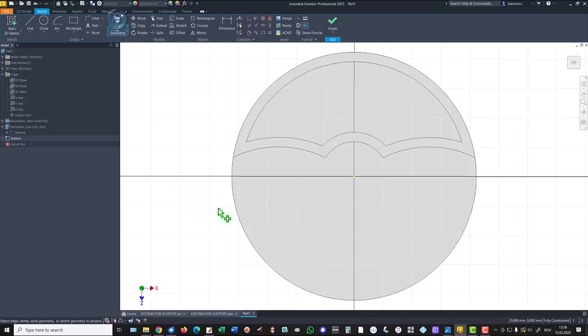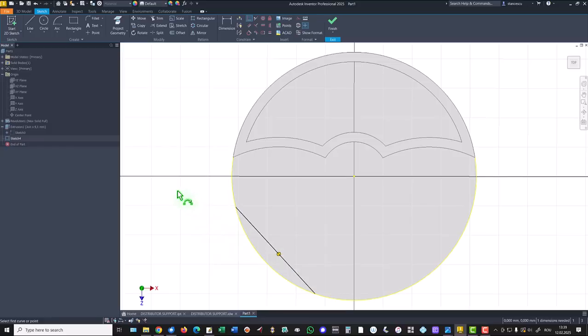We project this arc. Then we draw a line between two points on the circle. This is a chord. In fact, we place the line on the point,